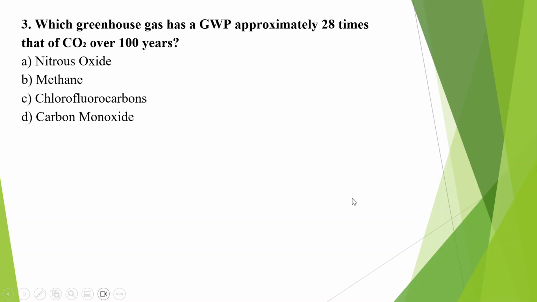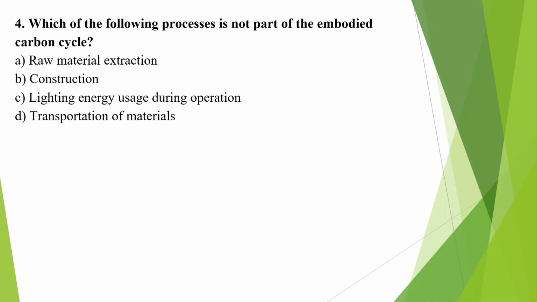Some of the literature considers it as 24, somebody considers it as 28; it is a range of 24 to 28, something like that. That's why methane gas has the global warming potential of 28, which is the correct answer for question number 3, and all of you have given the correct answer as well. It was well discussed in the class as well. So let's move to the fourth question then.